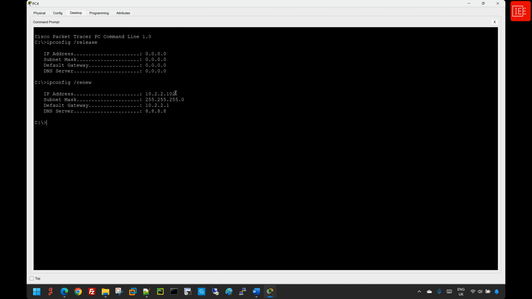And again, you can see that PC4 has received an IP address of 10.2.2.102, which is the second available IP address from that network. You can see the subnet mask has been assigned, as well as the default gateway and also the DNS information. Okay, so with that being done, what I'm going to do next, I'm going to jump back to PC1 and